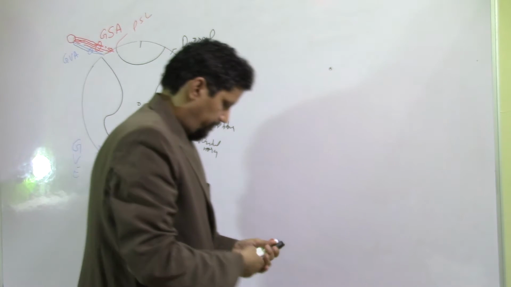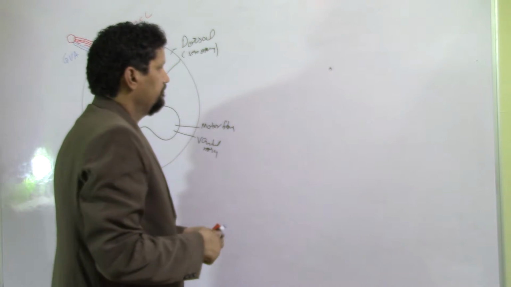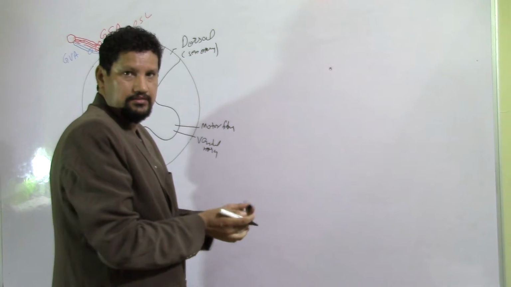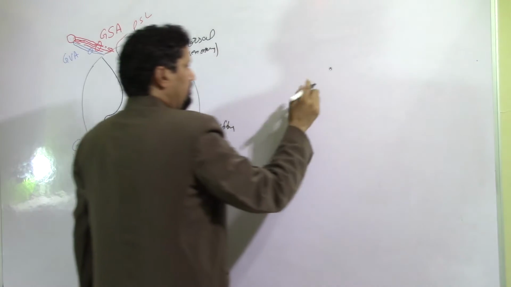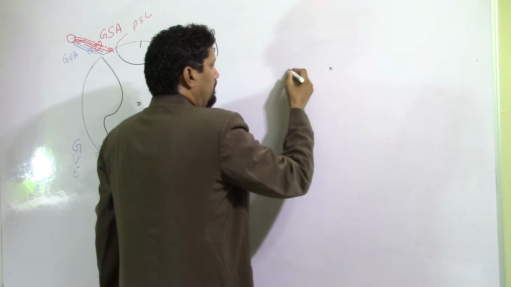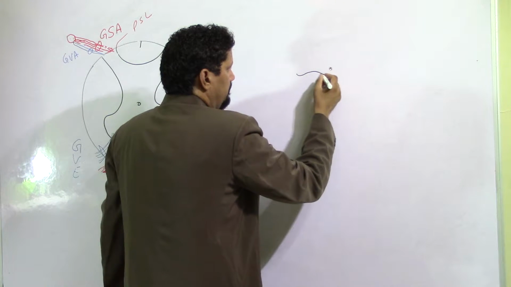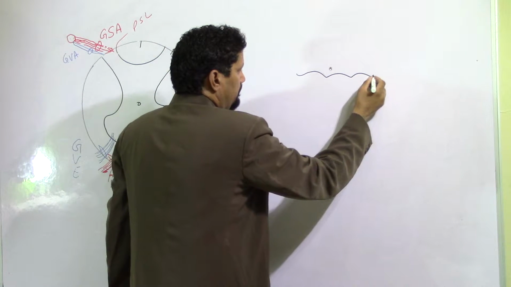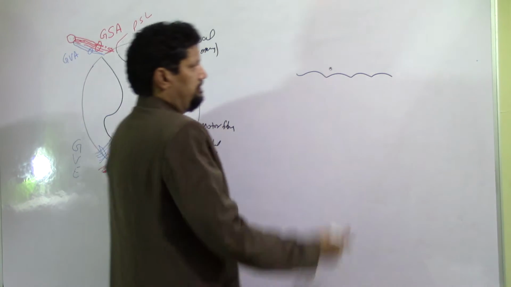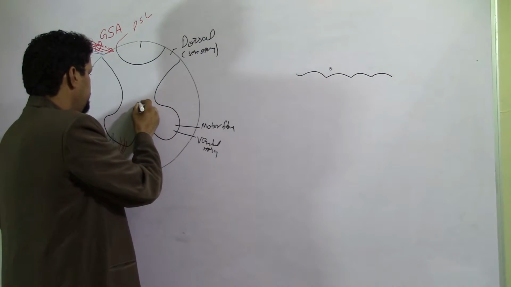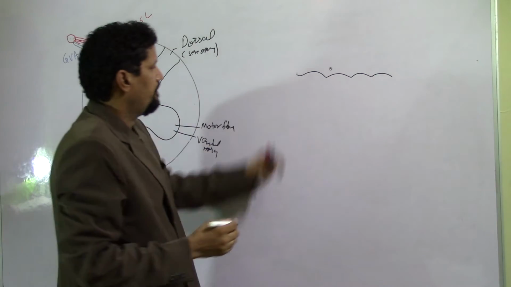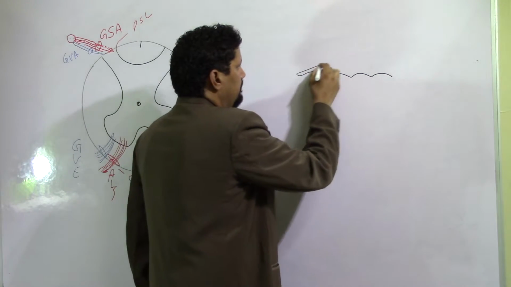Now, I will explain how this central canal opens. Now this becomes like this. This very small opening now becomes the fourth ventricle,